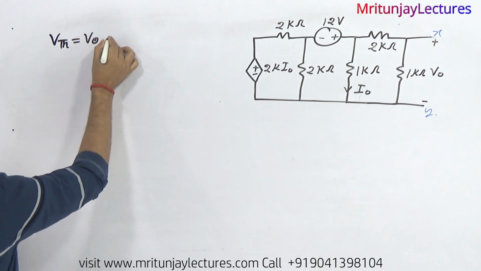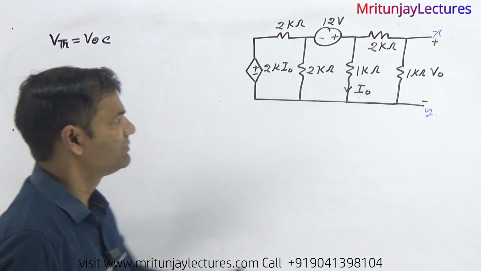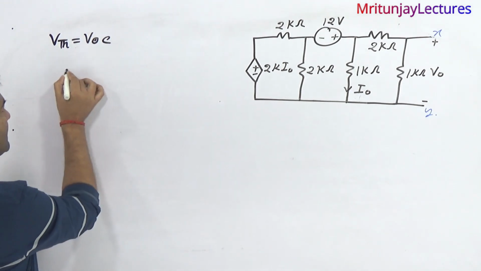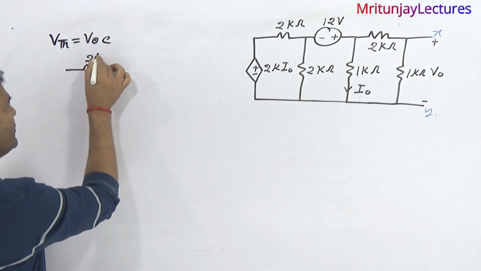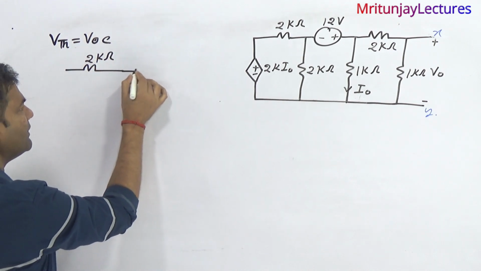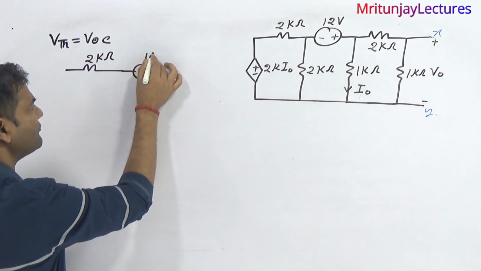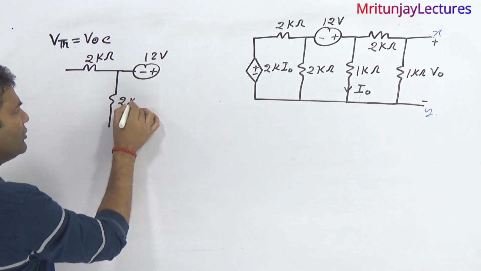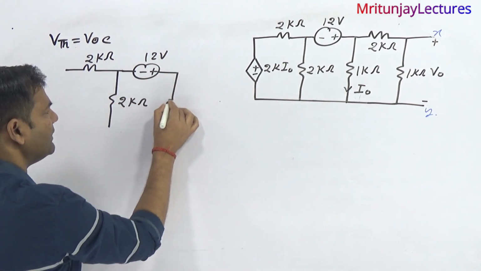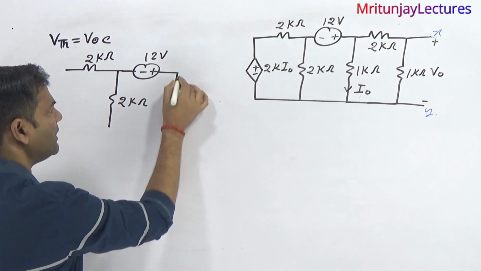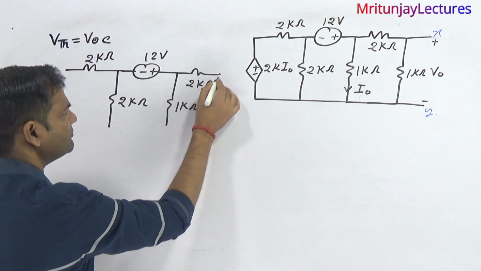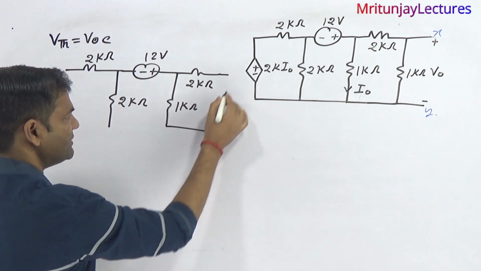VTH means V of open circuit, open circuit corresponding to this one. So how can we do it? First of all, make the circuit: 2 kilo ohm here, minus plus 12 volt, and here 2 kilo ohm, and here 1 kilo ohm, and here 2 kilo ohm, and this one is open circuit,